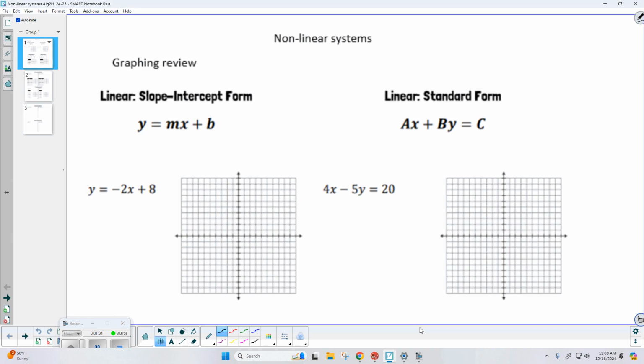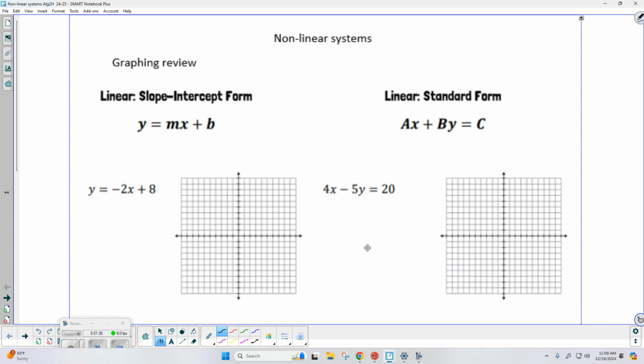All right, so our goal today is to talk about nonlinear systems. We already spent some time talking about systems of linear functions, when two lines would intersect in a plane. Well, now we're going to look at some systems where it's linear and quadratic, or maybe even a quadratic and a quadratic. Now, on this first page, this is just meant to be a review,